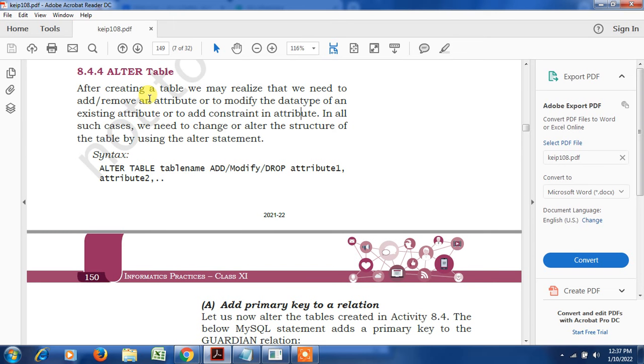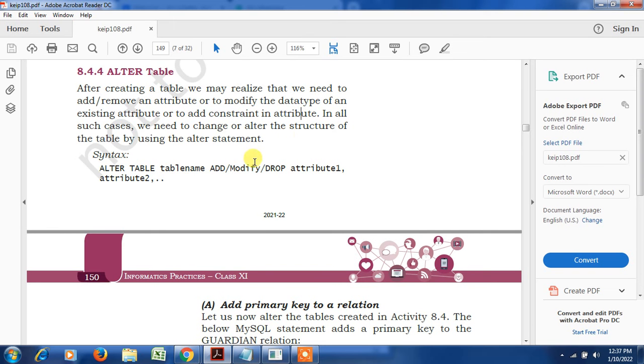There are two types of commands mostly we will use: one is the DML, another is the DDL. DML is data manipulation language. If you want to change anything in your table, any relationship, you will use the DML command. Even select is also a DML command. That is called data manipulation language, and these are all data definition language. So if we feel that there is a need to change the structure of the table, we have to use the alter command.